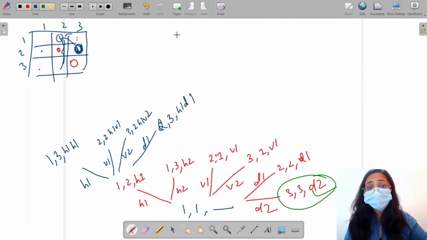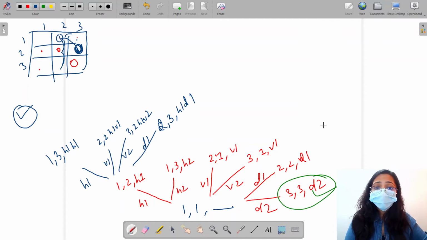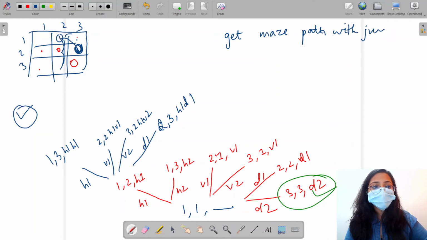So I'm not going to complete this, but I'm going to suggest that you should complete all the questions till now in a sequence. If you've entered the solution video of this question directly, I think you'll have a little trouble. So I'll suggest you to move in a sequence, and if you have been moving in a sequence, then you will not have a lot of trouble with this question. Also, the prerequisites of this question would be to solve get maze path with jumps, and the question print subsequence.